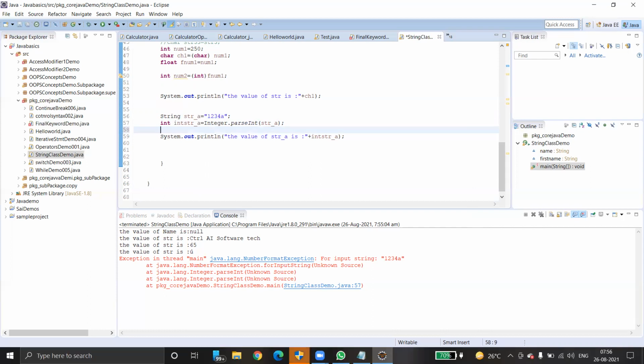Typecasting is different. What is typecasting? Converting one data type to another data type. Only data types, literal types, not objects. Objects we can't convert. Even a string is an object, because string is a class type. That's the reason it's an object. If you create a string object, it's immutable, that means you cannot change the value. Hence, we cannot assign objects to literal type, or literal to object type. Hence, we cannot convert directly string to integer or integer to string. One rule.